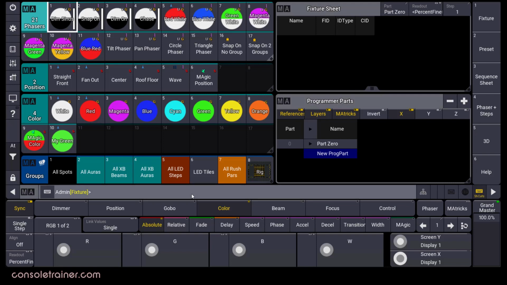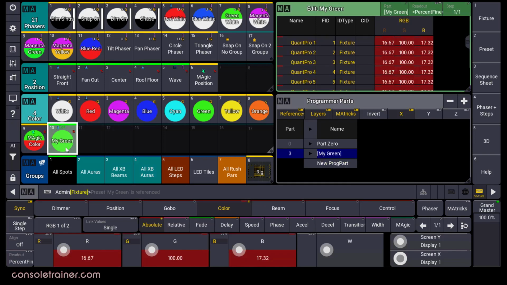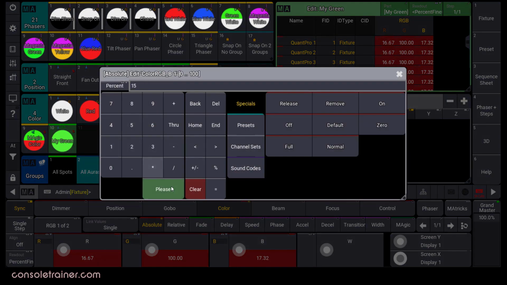Once you've built your presets, sometimes you've got to edit them. You can still open them in the fixture sheet just like MA2 and make changes by pressing the edit key and tapping the preset, or here on PC, I'm just right-clicking on it. Once it's in, we can change what we need, and when we're ready to save, just hit update.